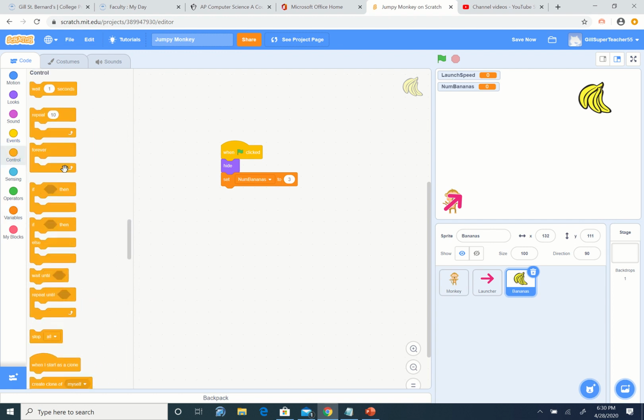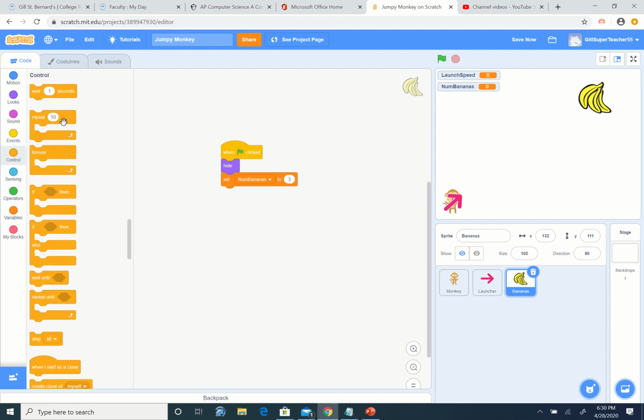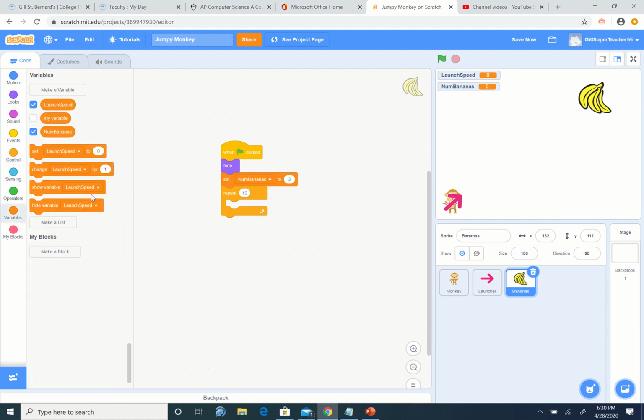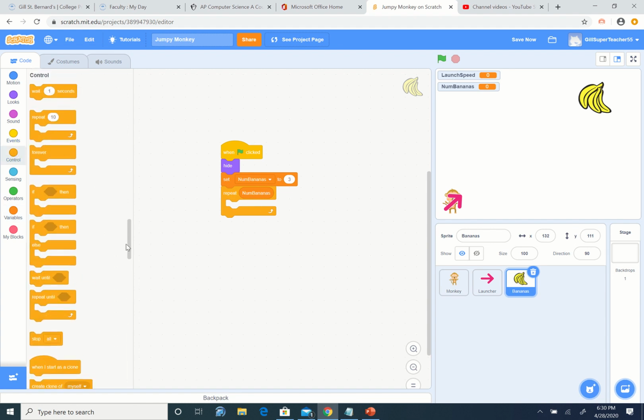So let's go to control, and we will say repeat 10 times, except we don't want to repeat 10 times. We want to repeat num banana times. So let's put that in our loop. And we're going to create a clone of ourselves. So that's down here. Create clone of myself. Okay. Now if we click run,